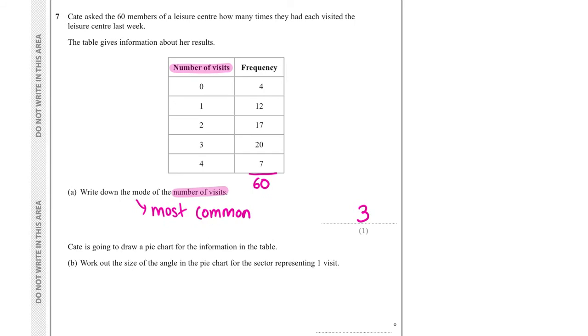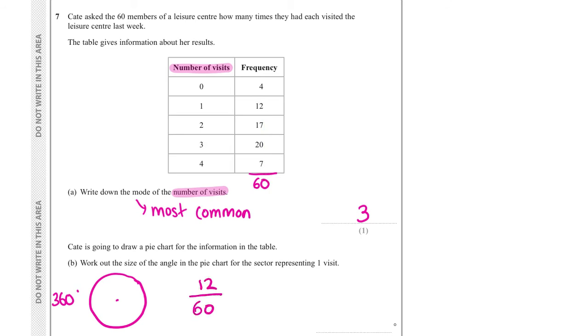It then says, Kate is going to draw a pie chart for the information on the table. So we're going to draw a pie chart. What does a pie chart look like? A circle. How many degrees are there in a circle? 360. So I know that around a point is 360 degrees, okay? Work out the size of the angle in the pie chart for the sector representing 1 visit. Okay, so what was the frequency of 1 visit? 12 out of